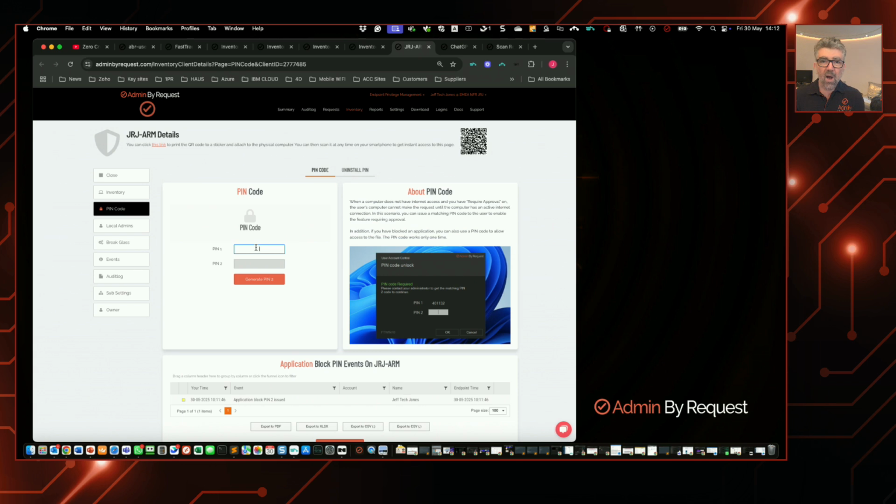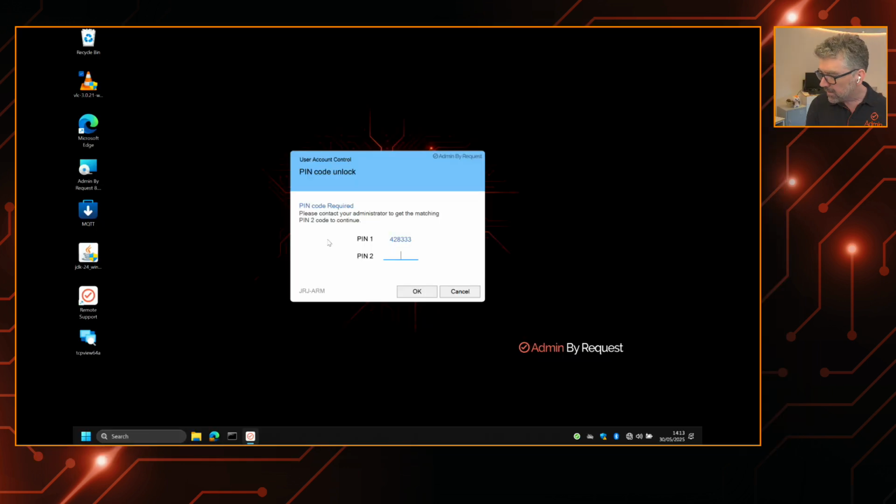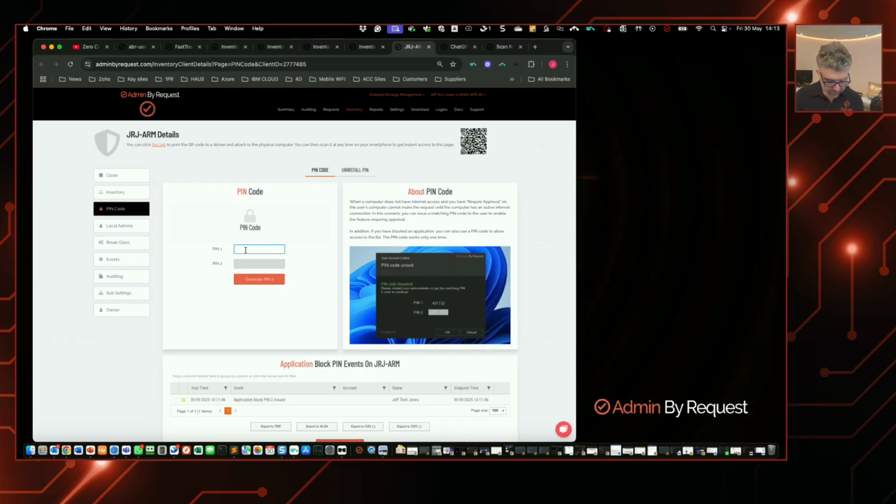So whatever mode or method you're using to do those PIN codes, you would need to get PIN 1 from the operator of the computer. So PIN 1 would be 428333, so that would be 428333, 428333, perfect. So I would then generate PIN 2,